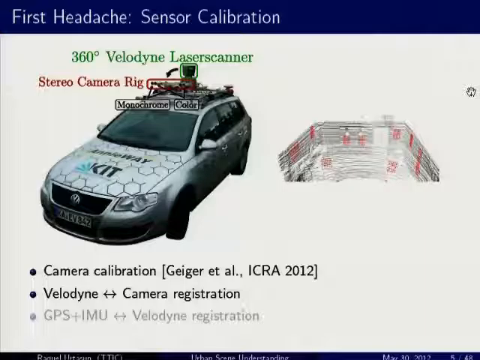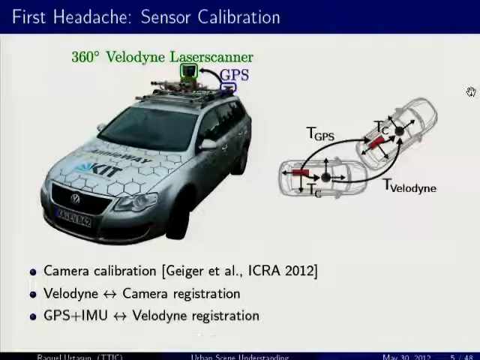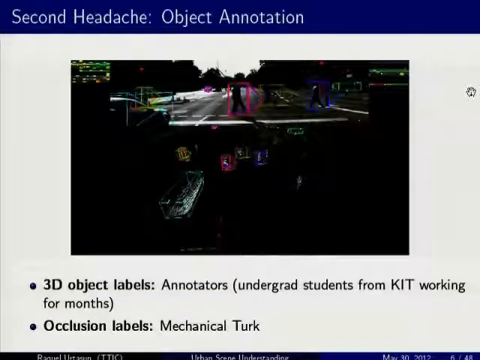And here the challenge is actually the Velodyne, right? The laser is actually rotating. So you need to compensate for your ego motion in order to register these two things. So this is the only part of the calibration pipeline that is not fully automatic. It requires a few correspondences. The other thing that we need to do is also calibrate GPS and Velodyne. So we need to register these two types of sensors. This is actually something that has been done in the robotics literature, so we follow standard procedures for that. And it's fully automatic.